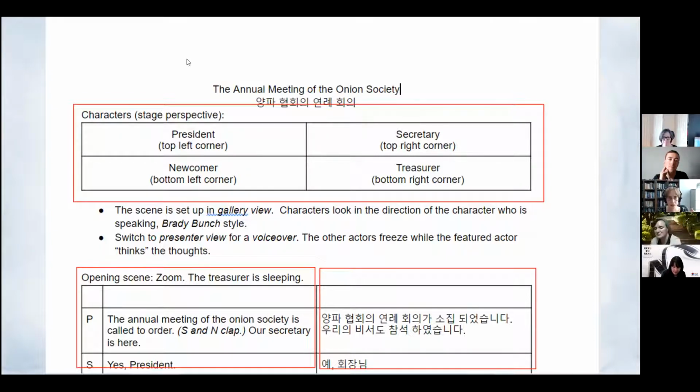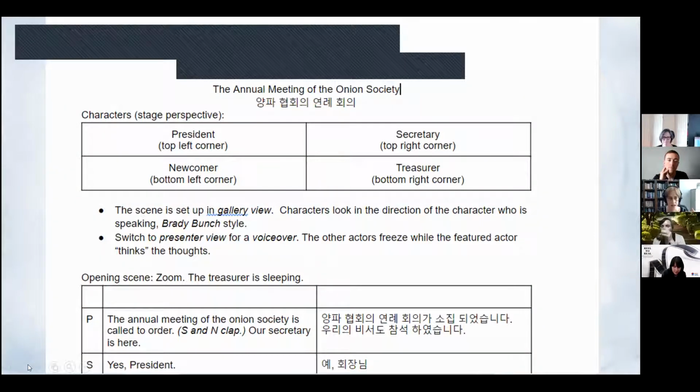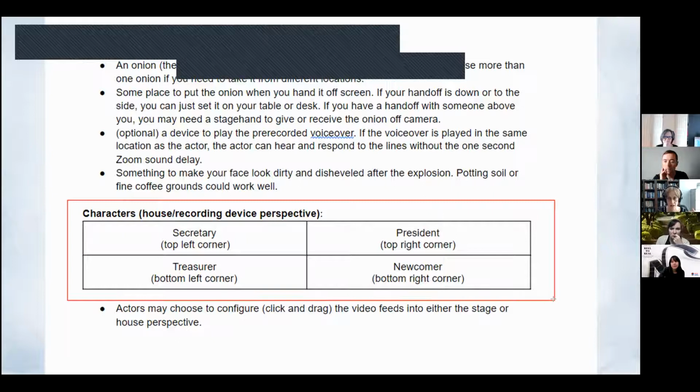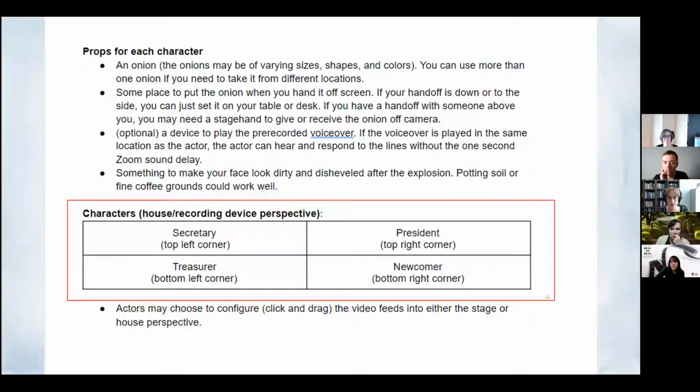And then if I move ahead to the end of my script, I warned everybody that we would have the opposite perspective from the audience. They would see the president on the top right. They would see the secretary on the top left.